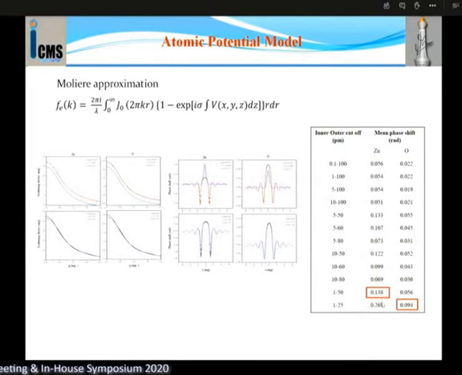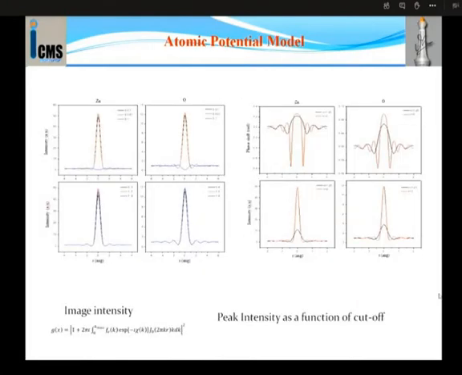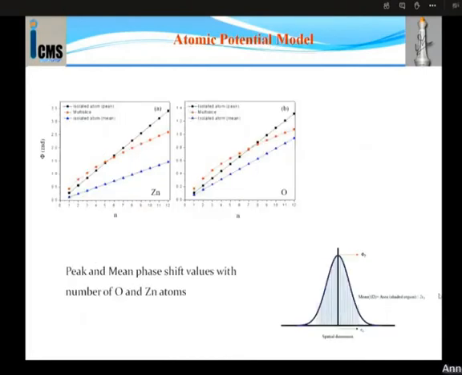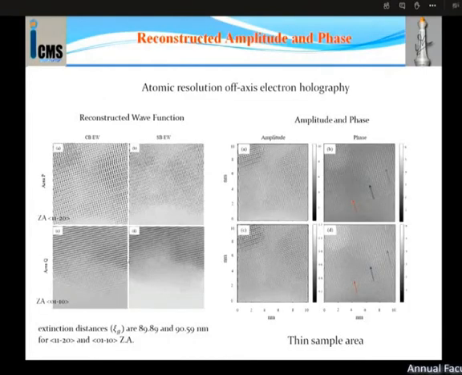But experimentally, you are restricted on the inner bound and outer bound because of the limitation on the interatomic spacing. Zinc and oxygen are closely situated to each other, so we have selected 1 to 50 and 1 to 25 for zinc and oxygen for the mean phase. You can basically consider two different phase values, peak phase and mean phase. Now this is the result. You can see the reconstructed wave function from both the central band and the sideband. The central band, I forgot to mention, is equivalent to HRTM or inline holography from the off-axis holographic data, and the sideband is the off-axis hologram.